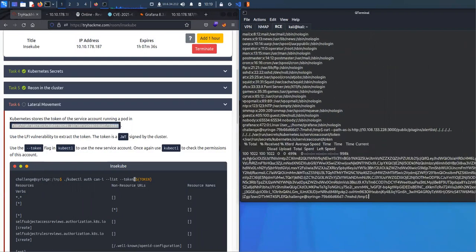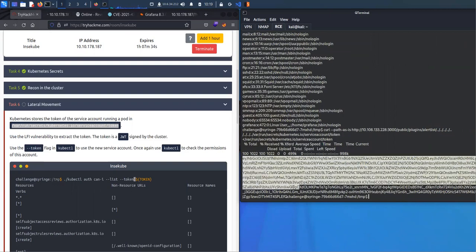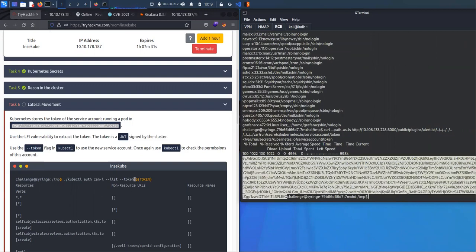Okay, there it is. This is the token. So it starts over here all the way to here. There's a token. So this is a long text. So what we can do is copy up. Now,